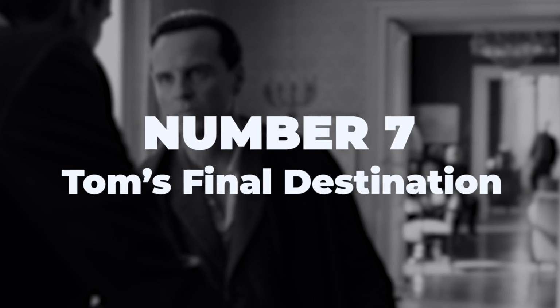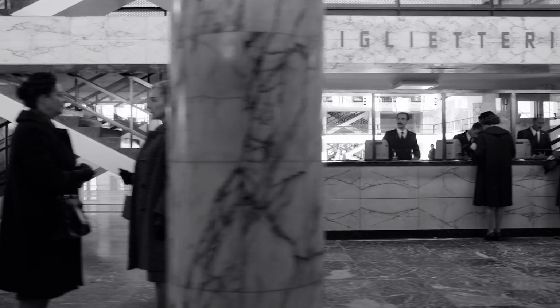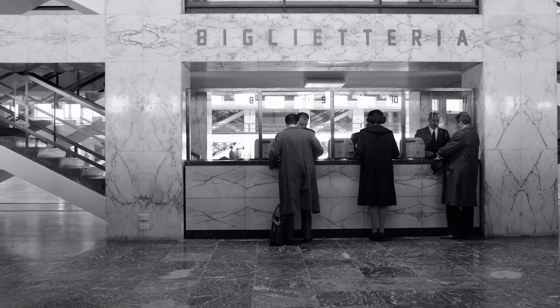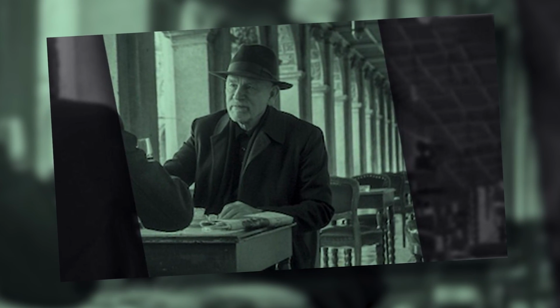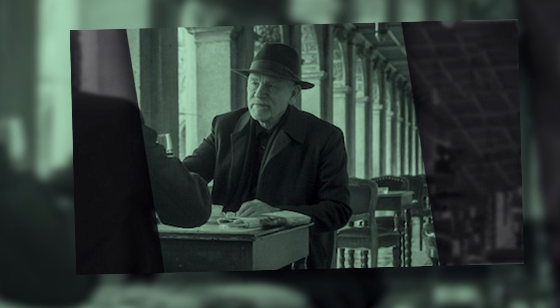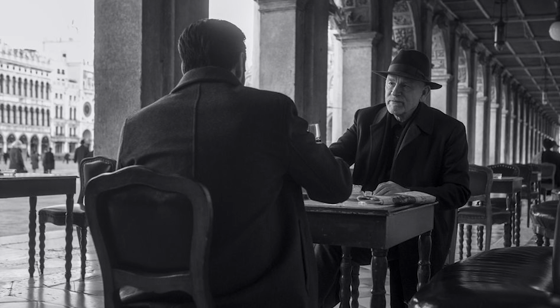Number 7. Tom's final destination. Tom manages to elude capture and end his journey in England. This twist is facilitated by Reeves Minot, a character portrayed by John Malkovich, who emerges as a significant figure in